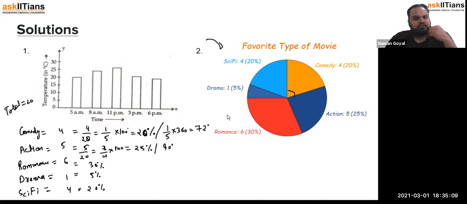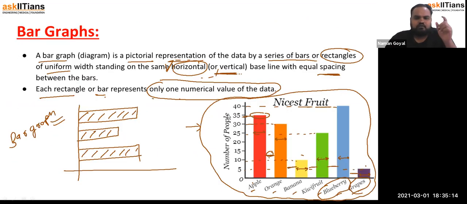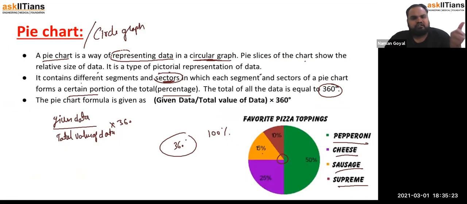So in this lecture, we learned about the bar graph and the pie chart. In the next lecture, we are going to learn about line graphs, histograms, linear graphs, the coordinate system, and so on. Till next lecture,